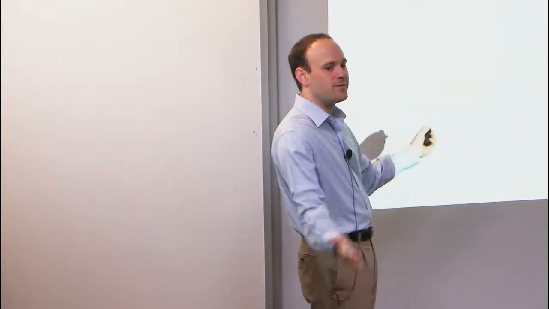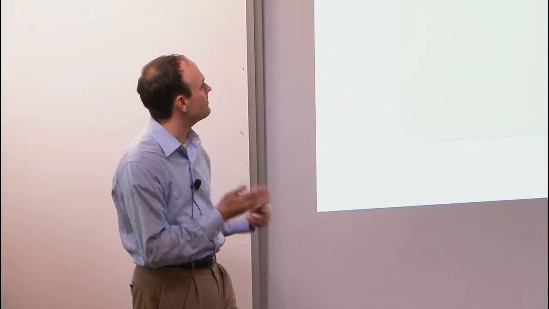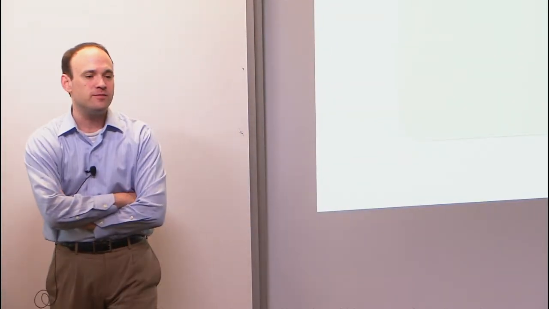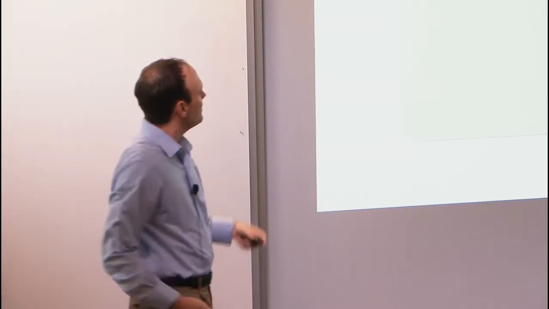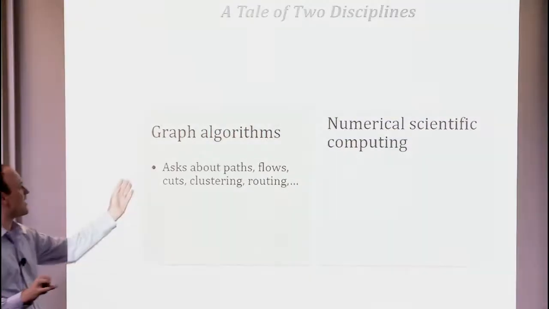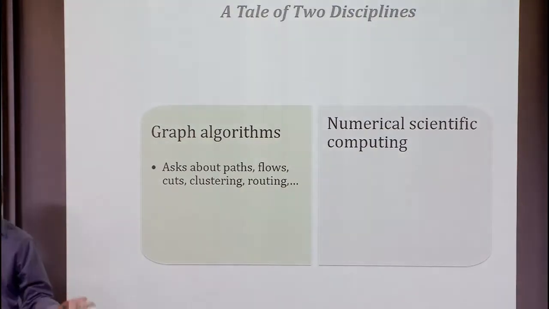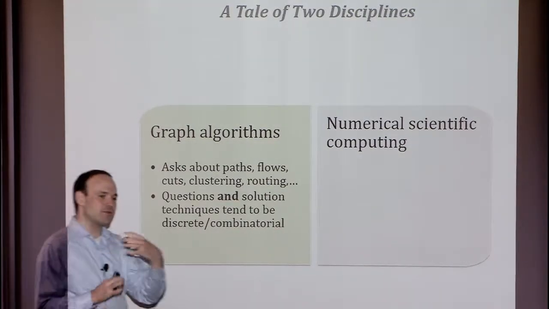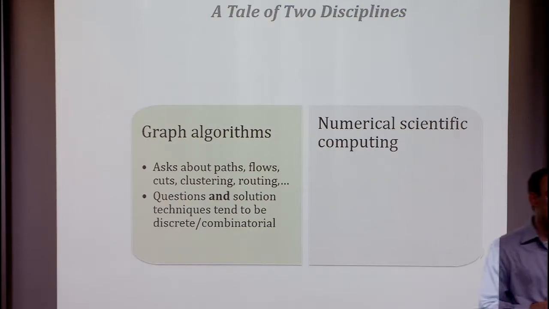The very high-level picture of what I'm interested in here is what I think is an incipient convergence between graph algorithms and numerical scientific computing. I'm making up words, so let me define them. By graph algorithms, I mean questions about flows and paths and cuts. If you look at the main fast algorithms for a lot of these problems as of fairly recently, the best algorithms for almost all the problems that we know were very much discrete combinatorial algorithms, path by path, flow by flow, edge by edge kind of approaches.